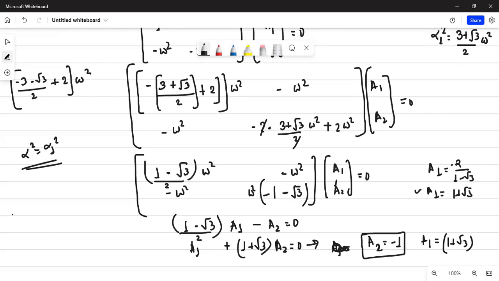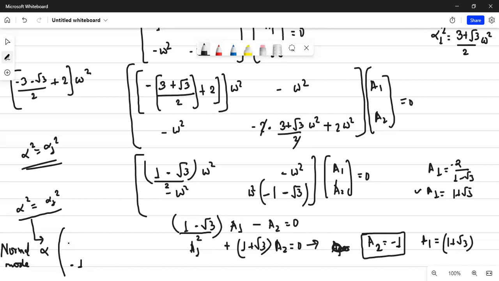So in any case, if your alpha square is alpha 1 square, and I'm just taking it as -1, because here you cannot solve it since you have two variables, so you have to take one. So this is how you do it in eigenvectors. Corresponding to this, what are your a1 and a2? I can write that if I take a1 as -1, then corresponding to alpha square equal to alpha 1 square, your normal mode you can say,